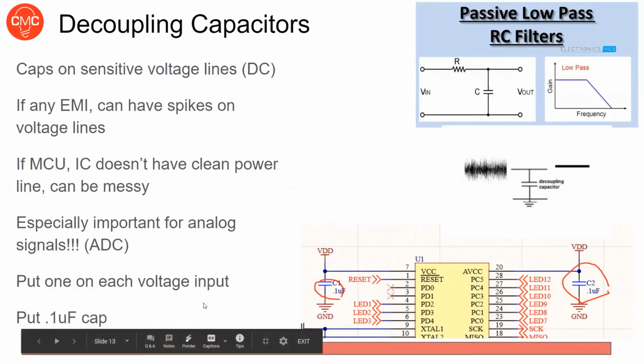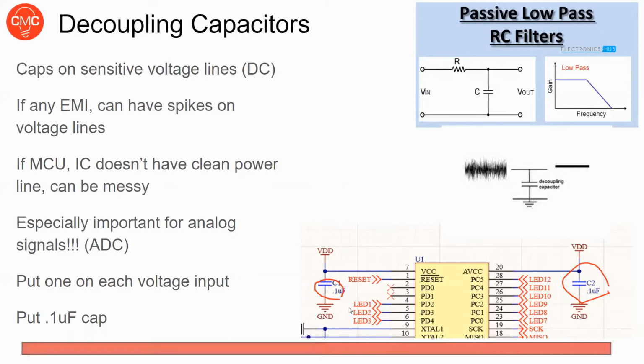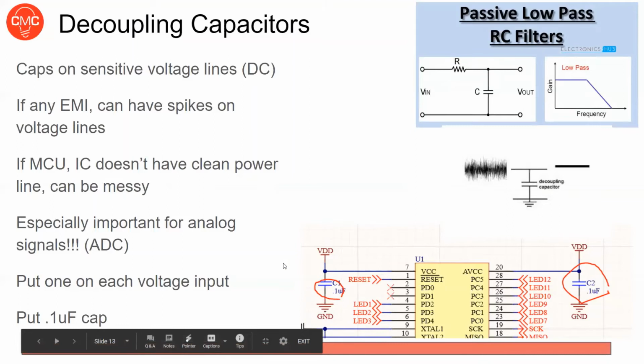We use a 0.1 microfarad cap. You might be wondering why. That's just the standard that we're going to be using, because it's basically big enough that it filters out most of the messy noise you're going to need, but not so big that if you turn the voltage high, it's going to take too long to rise. Because if you consider it